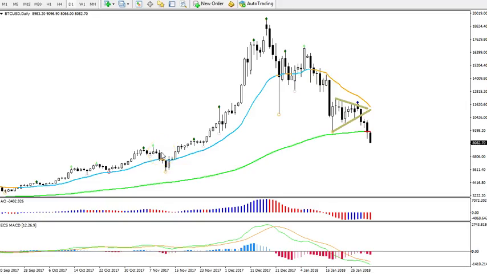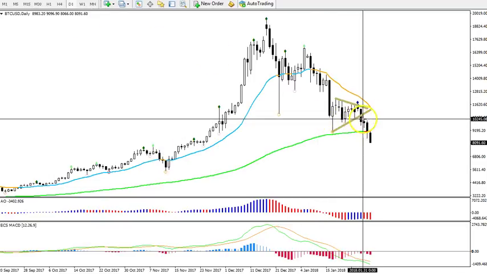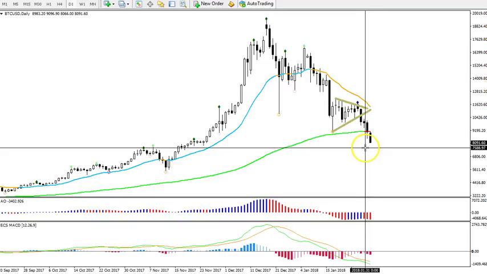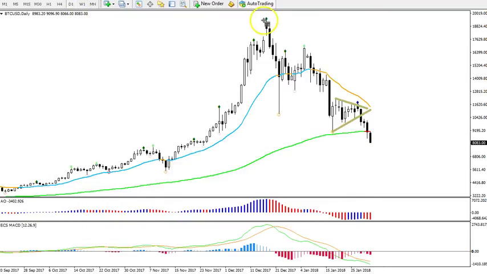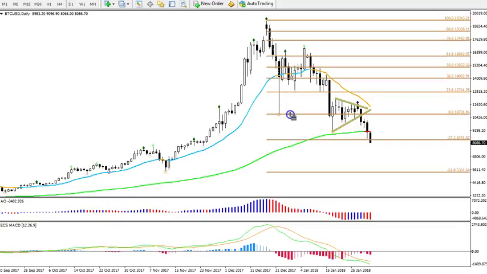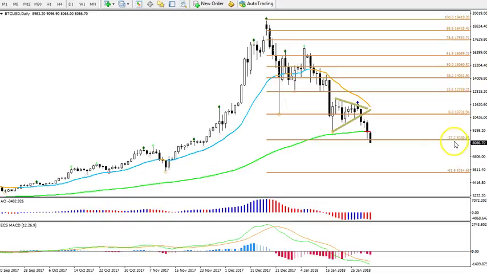All right, this is Bitcoin versus the US dollar, and basically broke this triangle to the downside. This breakout candle already appeared end of last month, and price made a little bit of consolidation and is now continuing lower. So we can put some fibs on this very first swing high, see where potential targets could be for the downside. And you see the price is approaching, or right at actually, the minus 272 target at around